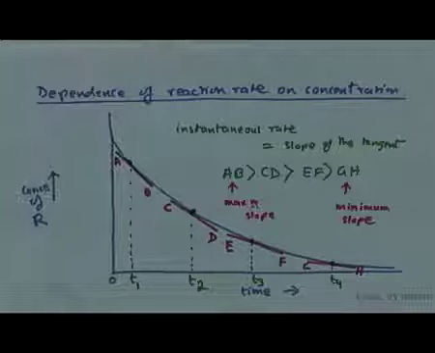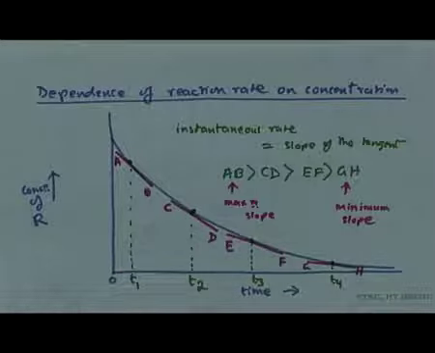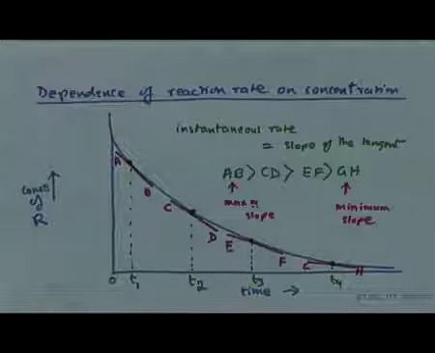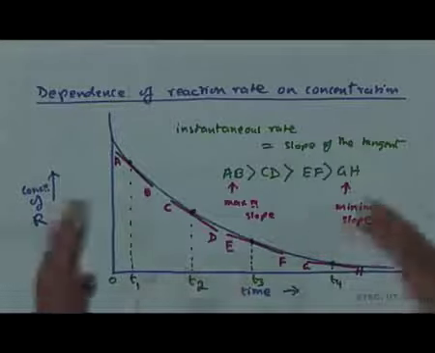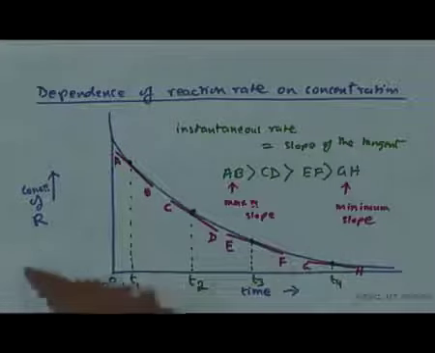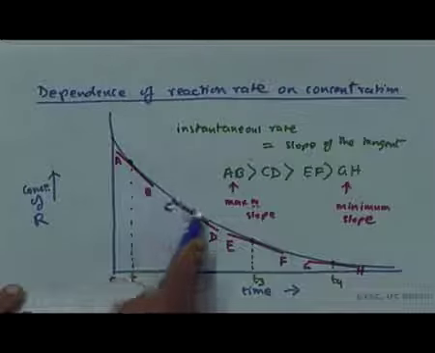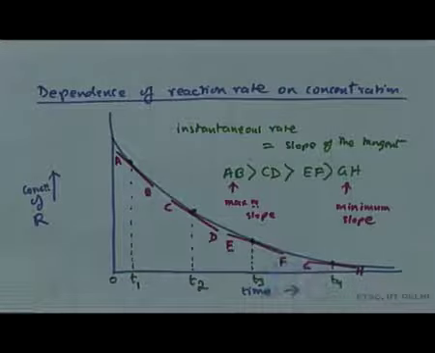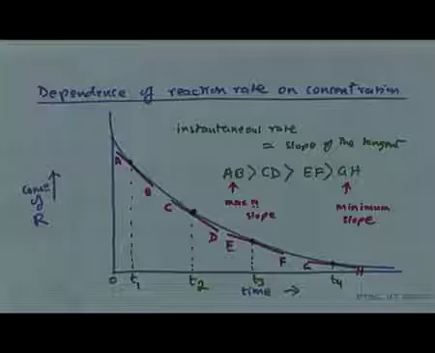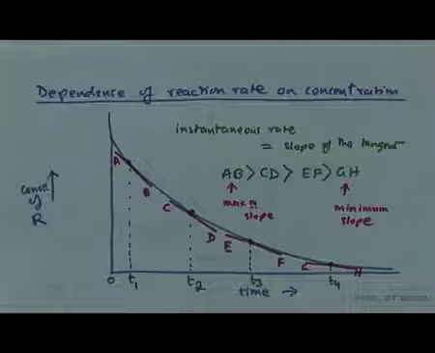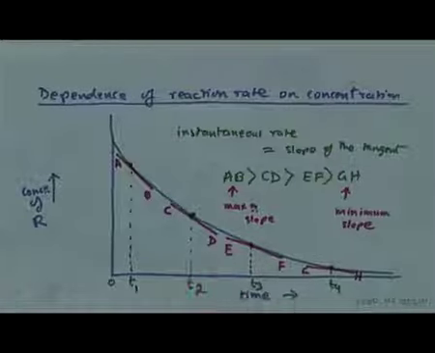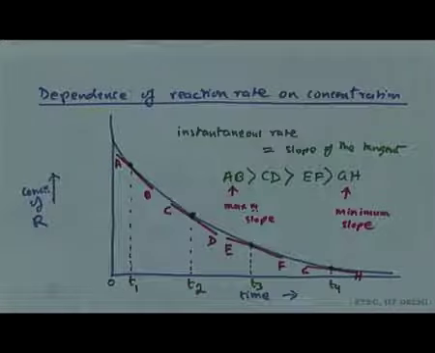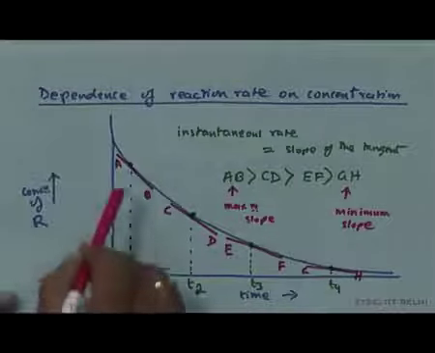So, what we said was that this is a typical reaction profile where we see the concentration of reactant R being given on the y axis and the time being given on the x axis, and obviously the R being the reactant, its concentration is decreasing as a function of time if you follow the blue line. Now, if you take definite time points like say this T1, T2, T3 and T4 and try to calculate the instantaneous rates at all these